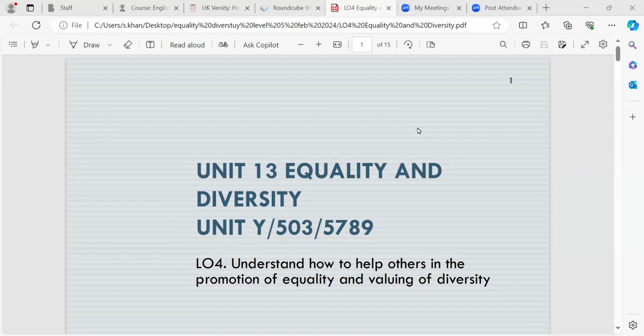As well. So in the last session, which was learning outcome 3, we looked at how to promote strategies in the classroom in regards to things like the activities we look at and make accessible. When we write materials, make sure that the language is not sexist or discriminatory or any sort of racist remarks, because that identifies that there's forms of discrimination there. We also looked at the policies and procedures and why they're so important in regards to promoting equality and diversity within a school, and providing resources.